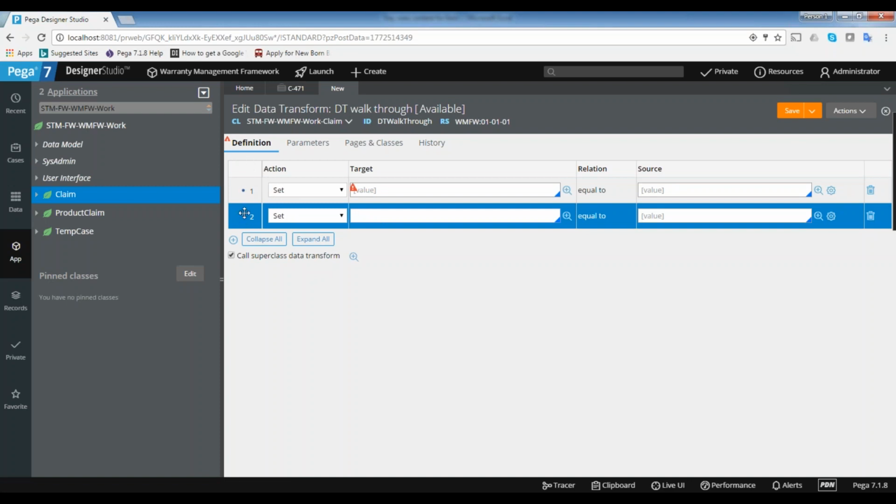One more advantage of the step number is while debugging or using the tracer, which gives you step-by-step execution. If you want to trace this data transform, the tracer will show what is happening in the first step, what is happening in the second step. During that time, the tracer uses this step number only. Only in those scenarios do we use the step number; in development we don't have any use for it. And then the actions. We have a couple of actions.